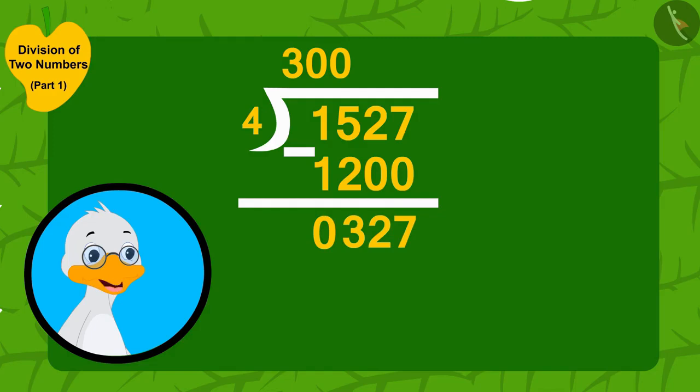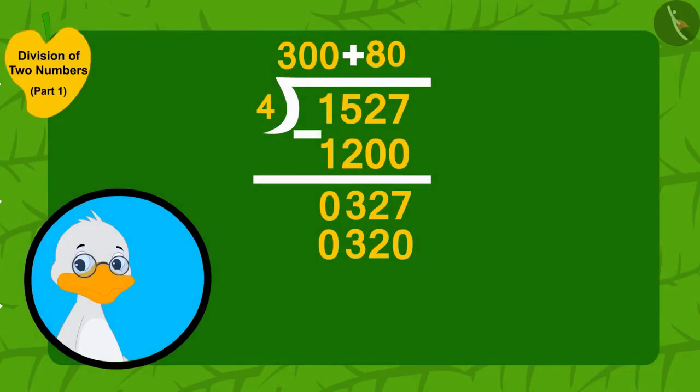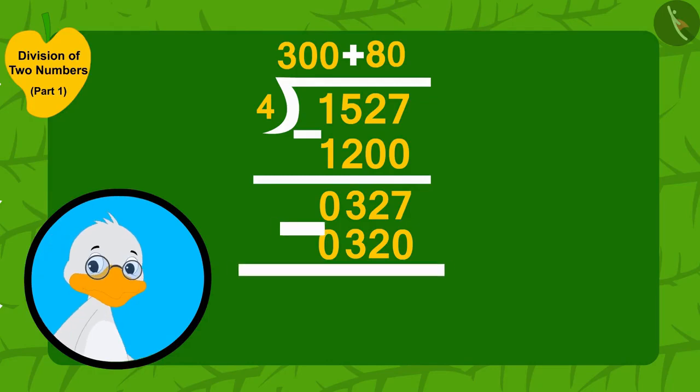If I distribute these 327 mangoes in groups of 4, then I can distribute these mangoes to 80 more people, with each of them getting 4 mangoes. In this way, I will be able to distribute 320 mangoes. Uncle wrote 80 here and wrote down 320 at the bottom. Now, Barbole uncle deducted